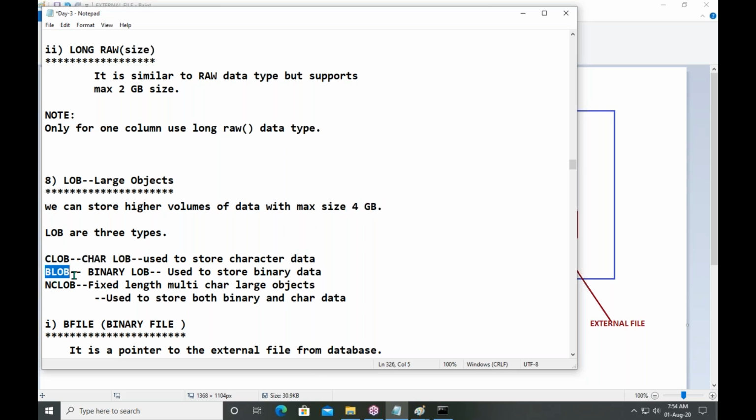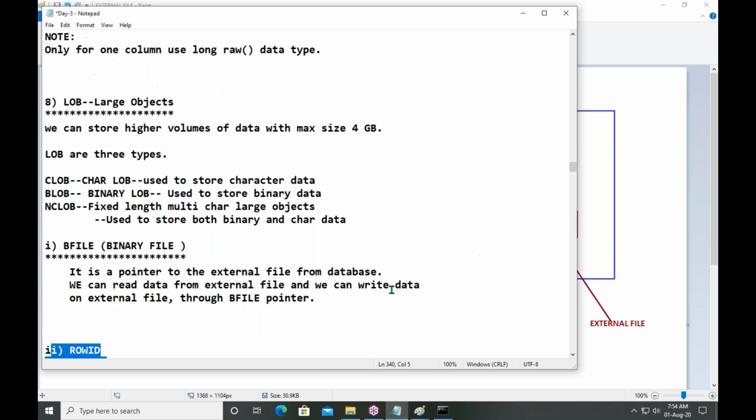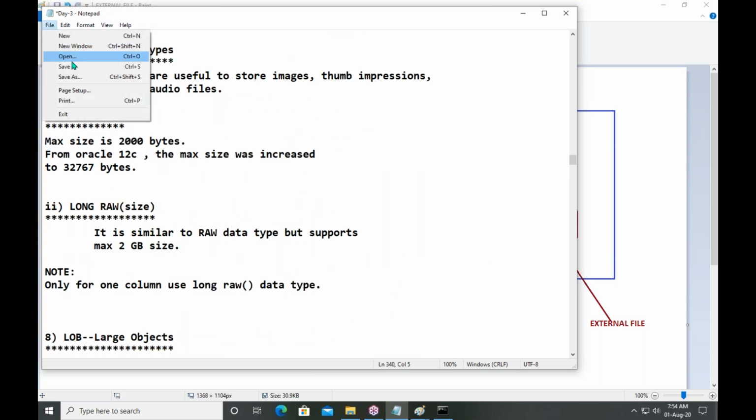BLOB to store binary large objects, maximum size 4 GB. NCLOB to store mixed data, maximum size 4 GB. At last it is BFILE. ROWID, we will discuss later, because in further classes we will get this concept. This is about data types in Oracle.